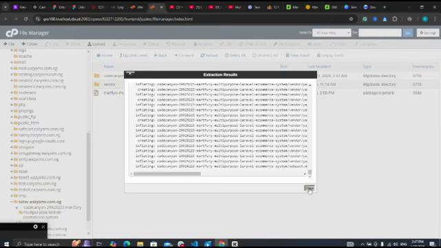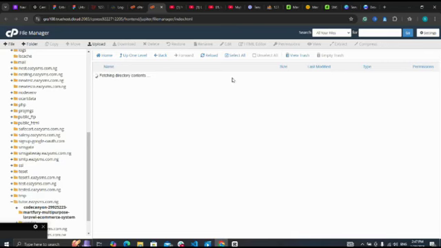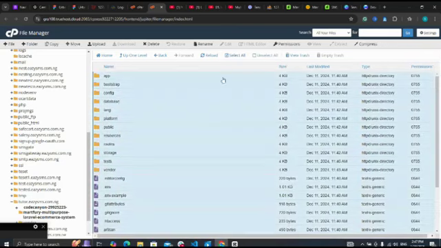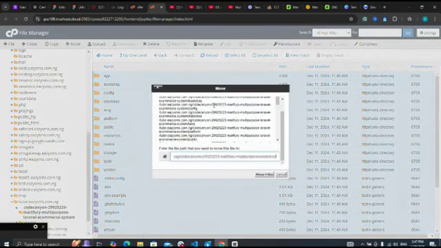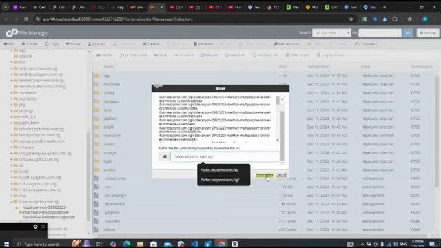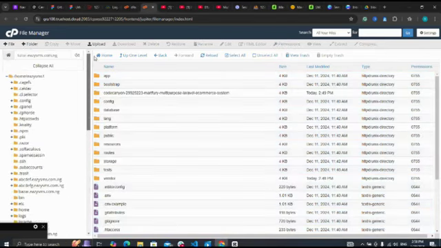Then next I click on close. Here's the extracted file. I open it. I'm going to select all, then move them to the root folder. Move files. After moving them to the root folder, I copy my subdomain, open a new tab,